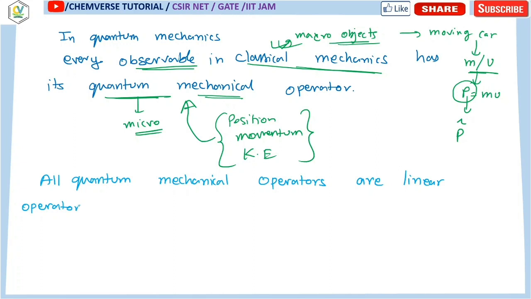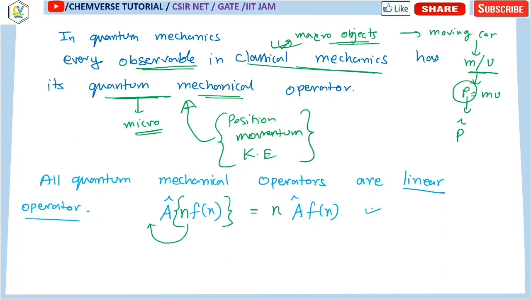Okay, these all are linear operators. Now, linear operator, what does it actually mean? Suppose some operator A is operating over a function f(x). Now if this function is multiplied with some constant n and then operated on by A, I can write that this constant will come out. So I will write n, and then we operate the operator A over the function f(x).